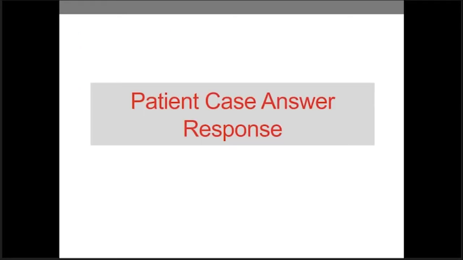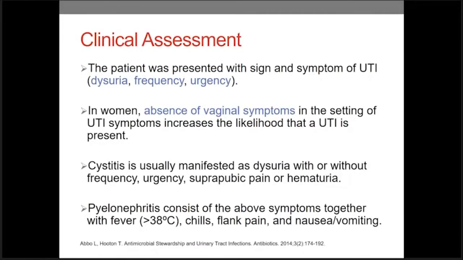For my clinical assessment, the patient presented with the signs and symptoms of UTI, which classically are dysuria, frequency, and urgency. Usually, the absence of vaginal symptoms in the setting of UTI symptoms increases the likelihood that a urinary tract infection is present. Cystitis usually manifests as dysuria with or without frequency, urgency, suprapubic pain or hematuria. Because she doesn't have fever, chills, flank pain, nausea or vomiting, that might indicate she does not have